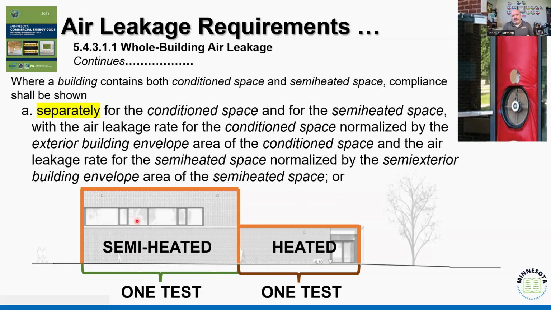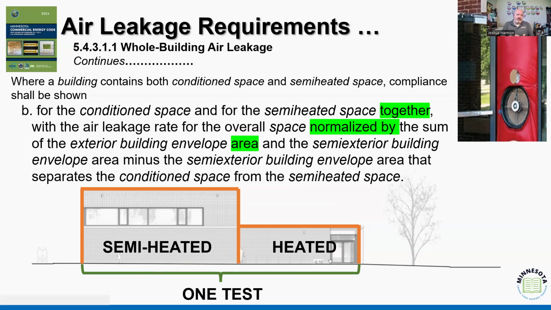We're not looking for the air leakage of that building. Again, what we're looking for is how much of this heated space is going to migrate in an uncontrolled manner into our semi-heated space. Now we can do it as two individual units and then normalize it and average them across the associated square footages of the two different buildings. Or we could do it as a whole test doing the same evaluation, right? Where we're going to be looking at the entire building and how this building performs when we test it for air leakage.